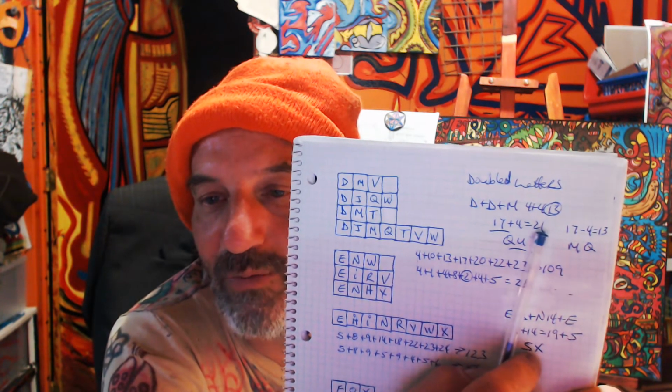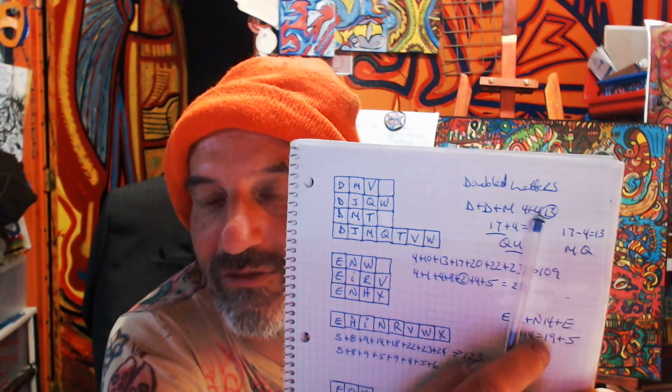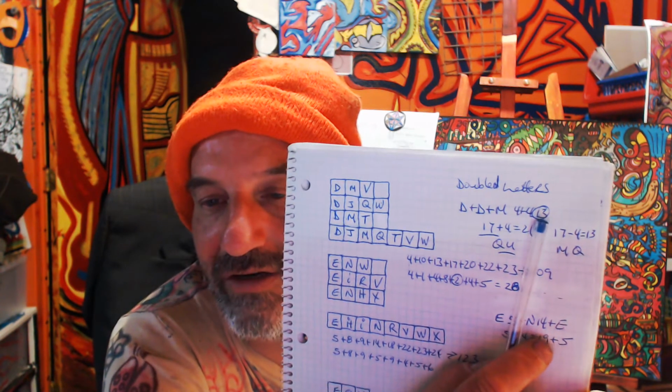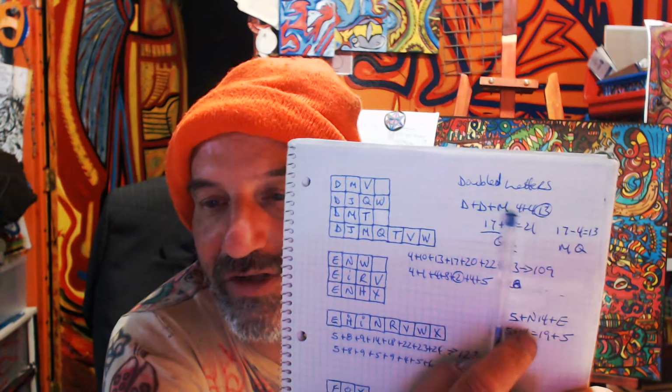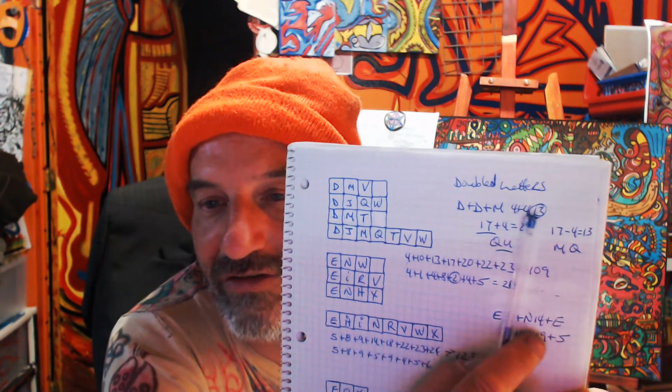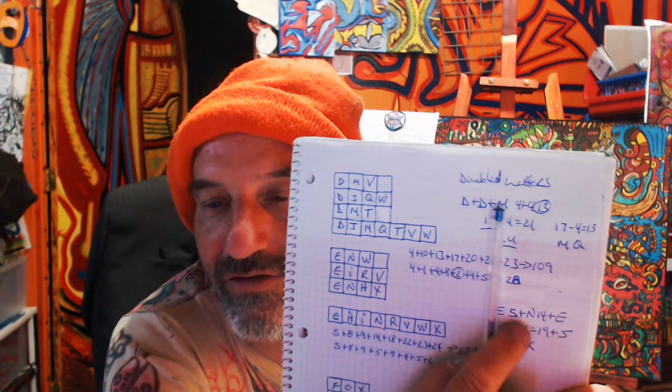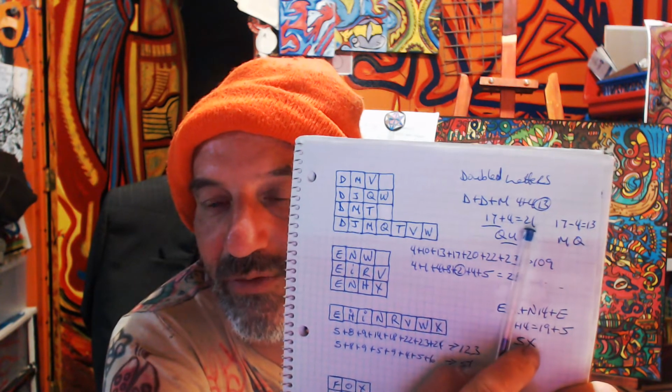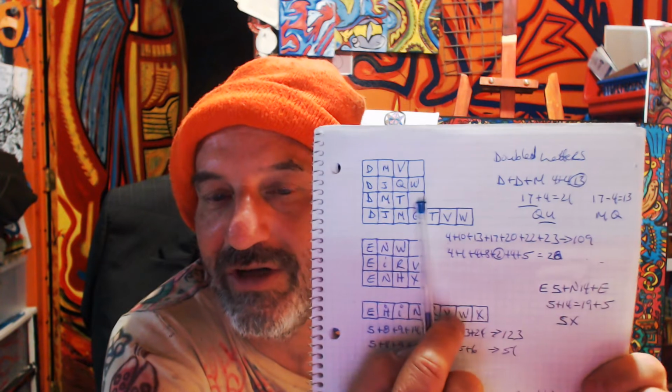Then I added 4 more. I don't remember why. Oh yes, because the M after that, right, over here, M is the 13th letter. 1 plus 3 equals 4. I'm not really sure why I did that. Yes. 13, 4, and 4. Yes, 13 and 4 is 17, and the extra 4 is 21, which is the letter U, and the D